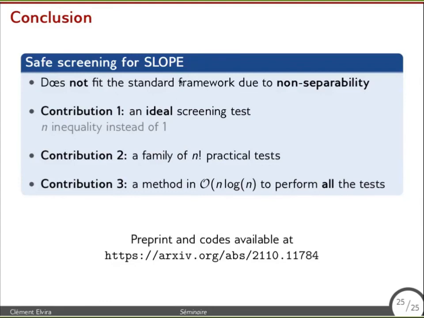When you particularize this to the slope problem, the difference with a standard sparsity-promoting problem is that we had to check a set of inequalities instead of a single one when we want to implement the test. So we end up designing a set of n factorial practical tests. And since we have also proposed a method with low computational cost to implement all the tests at the same time,